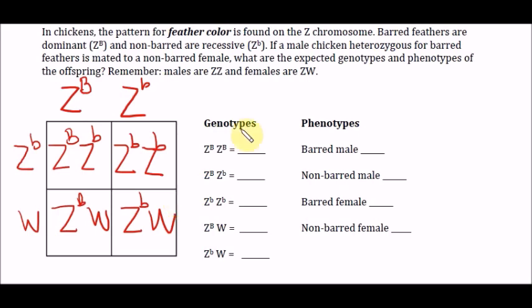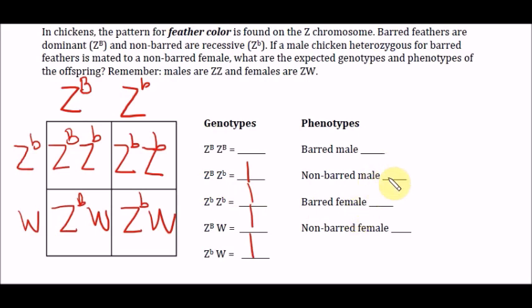Okay, so now I go through and just figure out what I've got. They all look different at this point, so we're just going to go ahead and fill those in. Okay, we have one of those. Okay, this one is here, this one is here, and this one is here. And so when we figure out what we're dealing with, remember we have males in this case, so we are going to have a